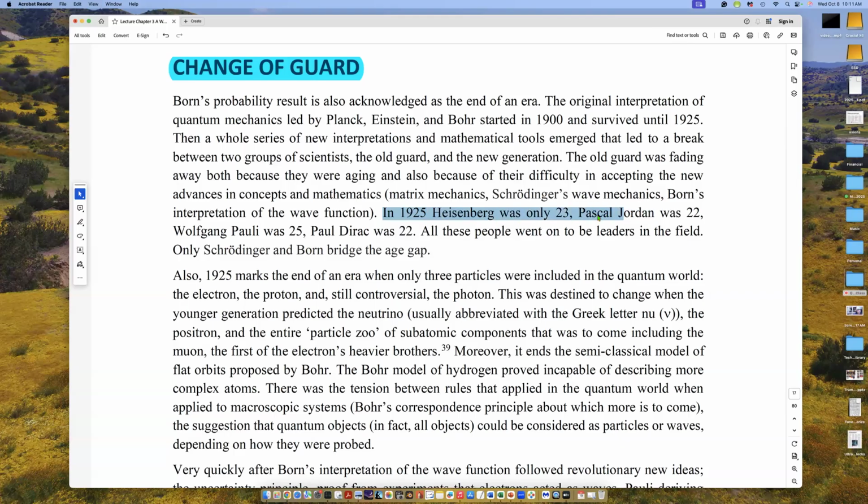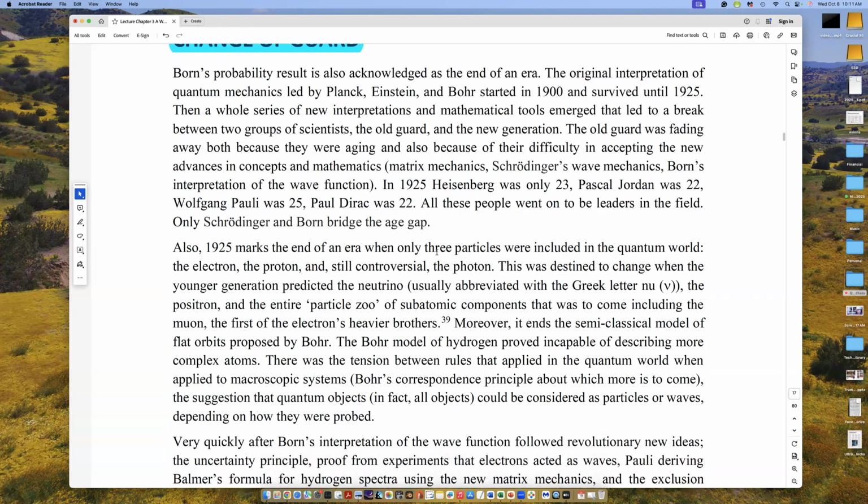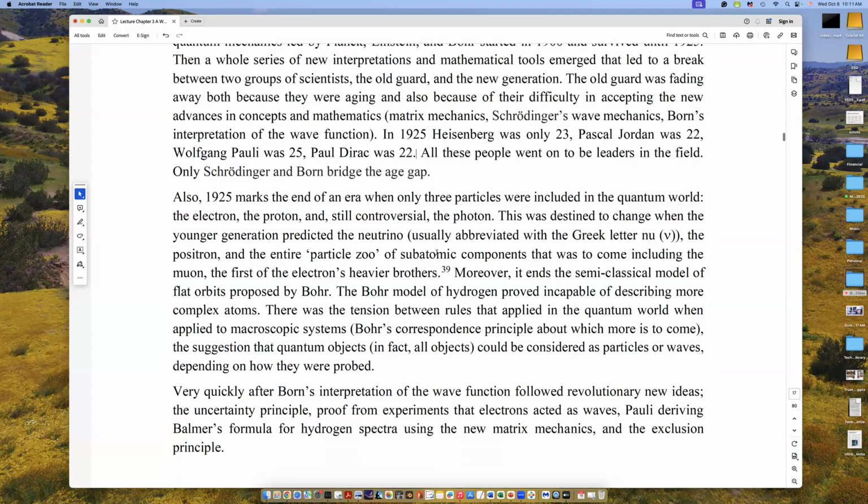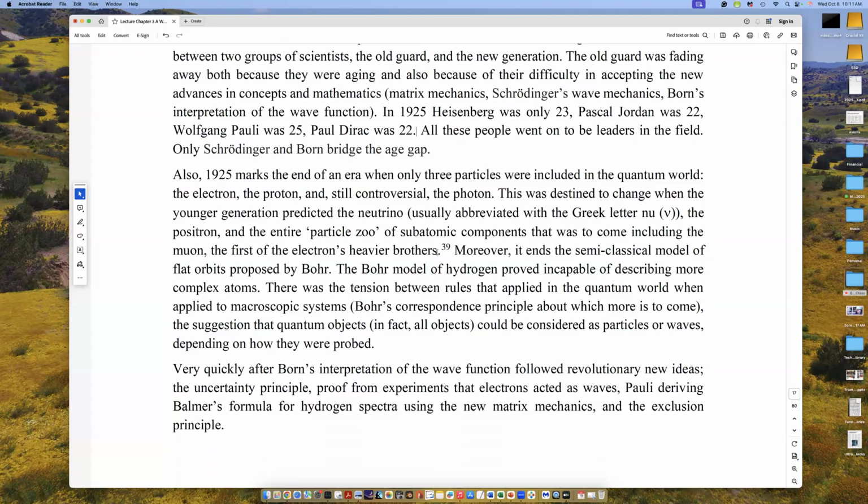In the middle 20s, when quantum mechanics became a mature science, here's what you had. Heisenberg, 23, Pascual Jordan, 22, Pauli. Dirac was the first person to receive a PhD in the field of quantum mechanics. All the others were trained in other branches of physics. And that has its advantages and its disadvantages. When new people come in, they don't know what they don't know, and they're willing to branch out and be innovative and take chances and try to establish themselves professionally. All these names I just mentioned made significant contributions, particularly Dirac. He was a giant in bringing quantum mechanics to maturity.